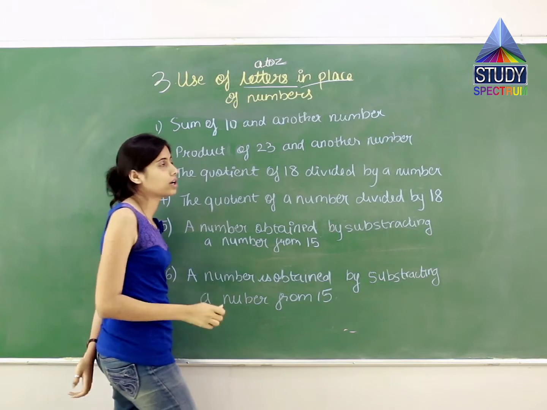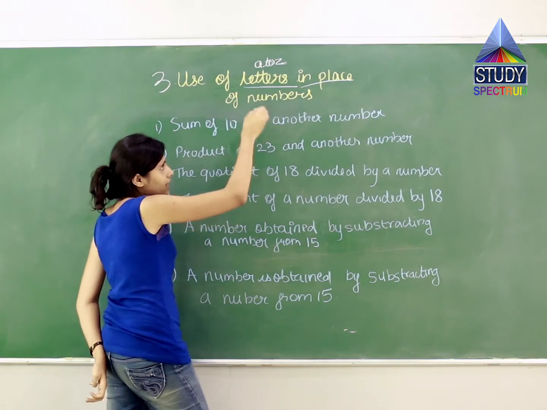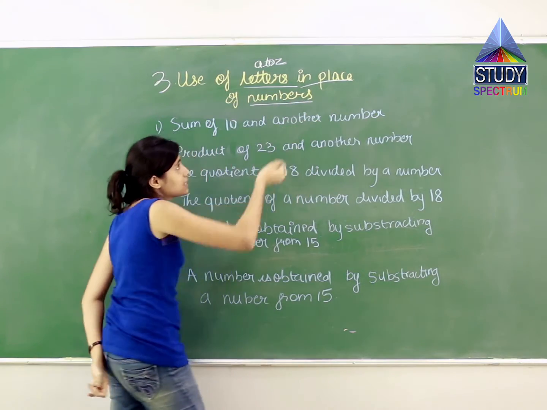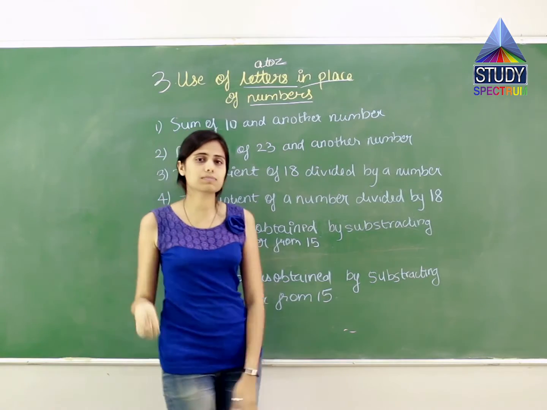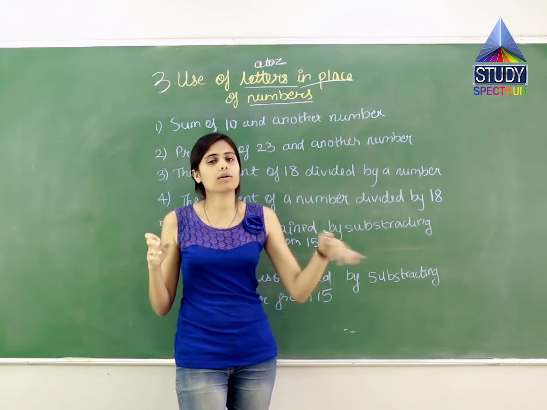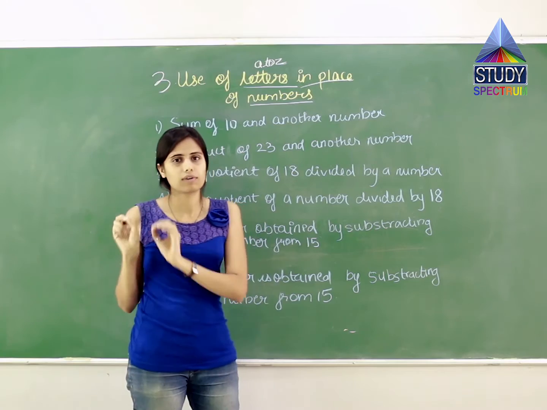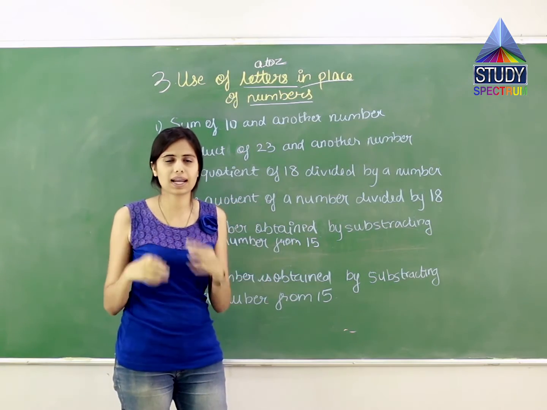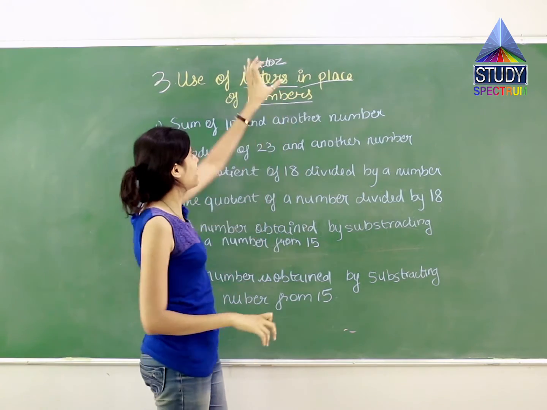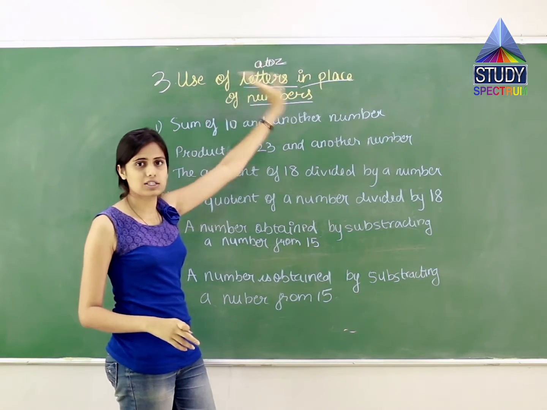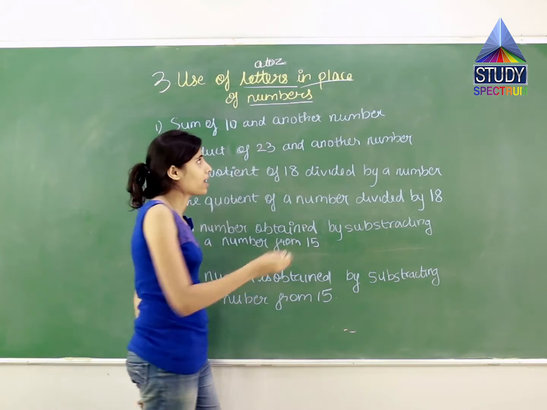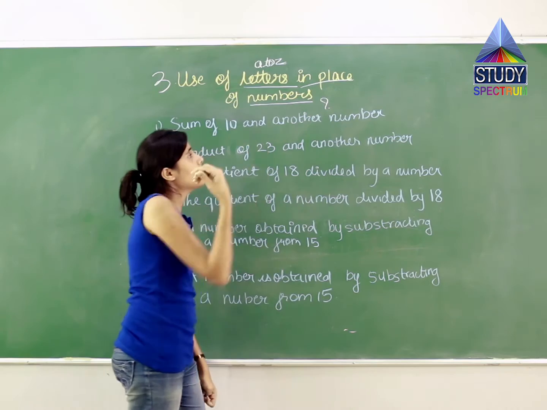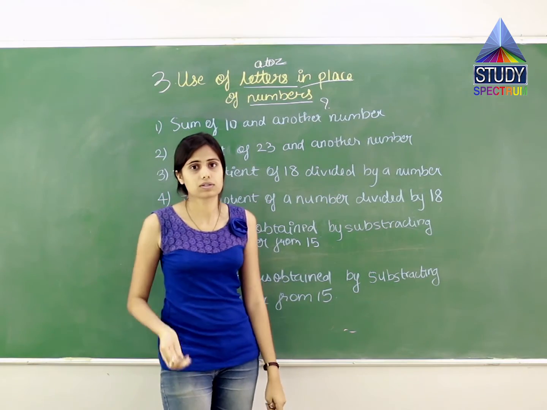But instead of what? They are telling us in the further sentence that it is instead of numbers. Numbers means 1 to 100 or further, 1, 2, 3, 4, 5, 6, 0. In place of any number in this format, you are using letters, that is A to Z. But why do we use letters in place of numbers?